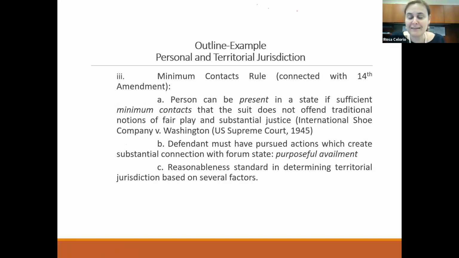And then remember, we have that famous minimum contacts rule, right? And one very important aspect of the Asahi case is that the US Supreme Court says this rule has constitutional implications. It is connected to the 14th Amendment of the US Constitution. When you are reviewing any sort of US Supreme Court case or federal court case, and we are going to discuss next week the federal court system and the state court system,